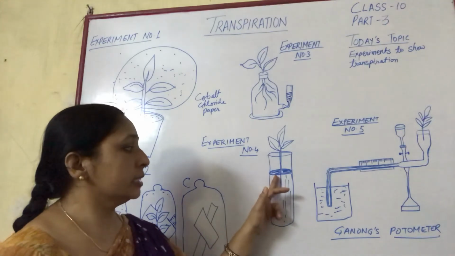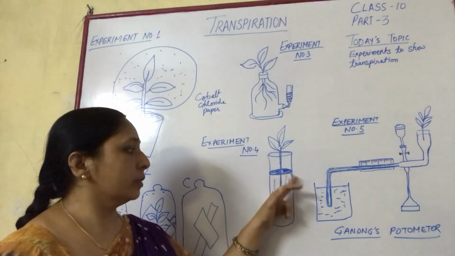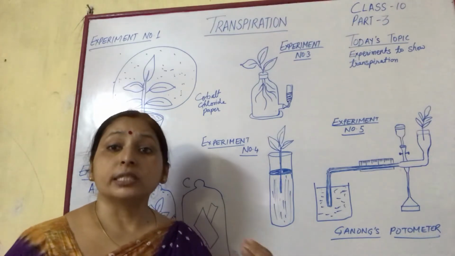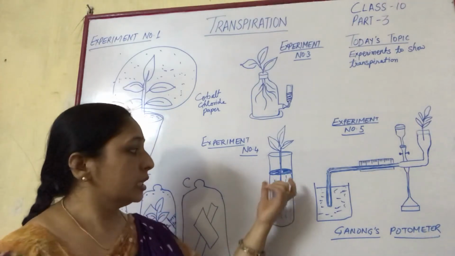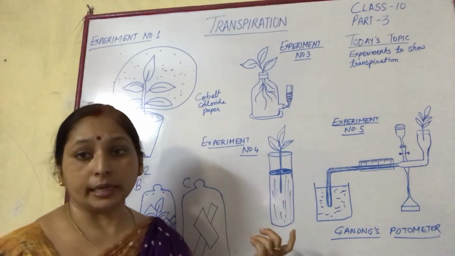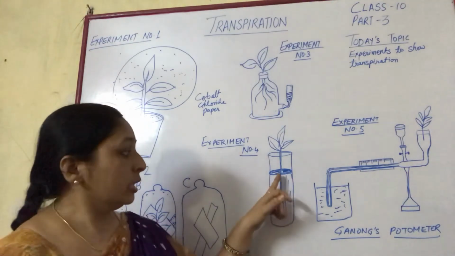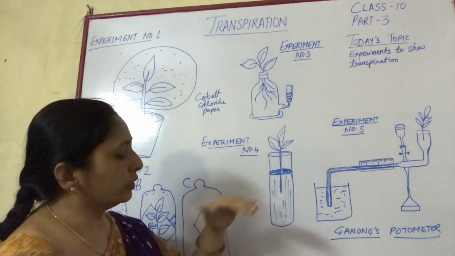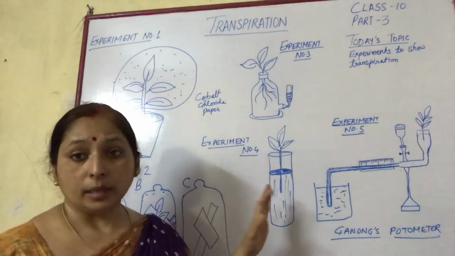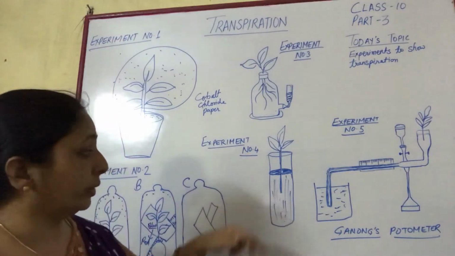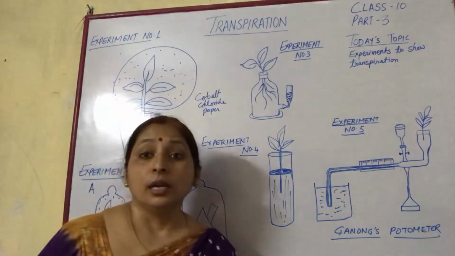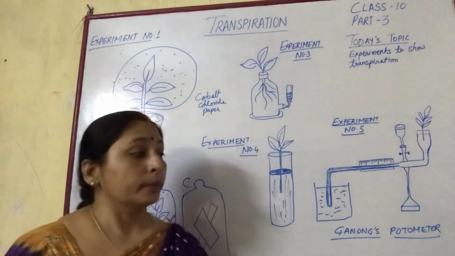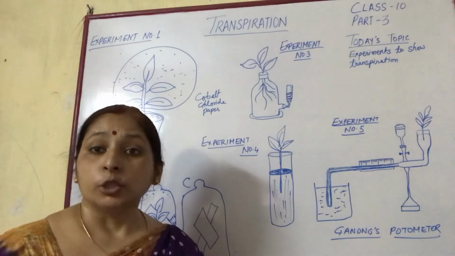Now the question is, why are we placing oil droplets? The role of the oil droplet is to avoid surface loss of water by evaporation. To avoid surface evaporation, oil droplets are placed on the surface. Also, in this experiment with the twig, the rate of absorption and transpiration is very slow because roots are not present to absorb water.